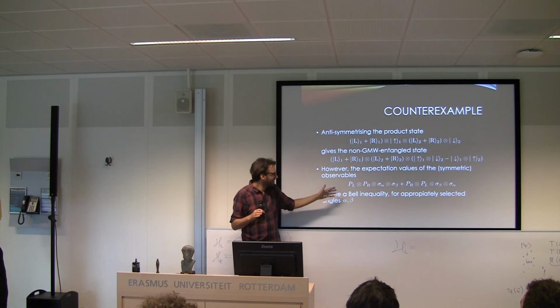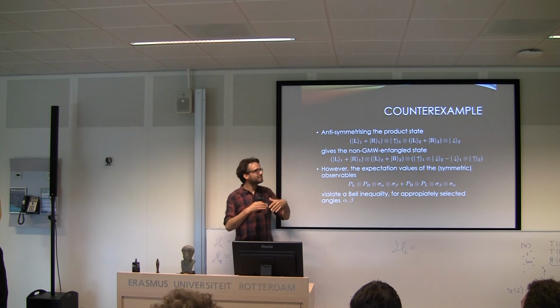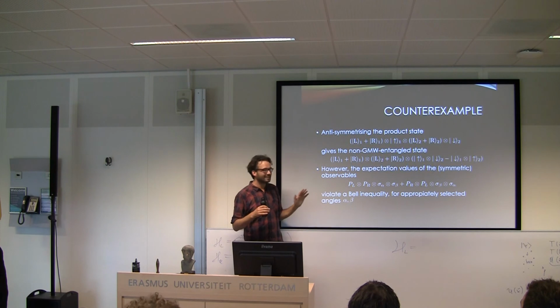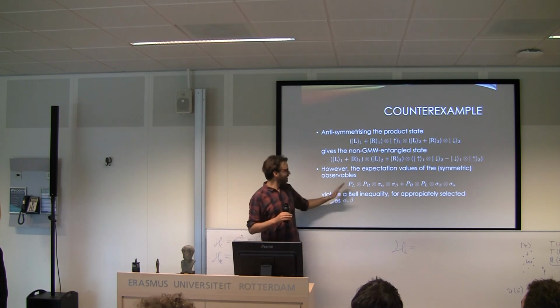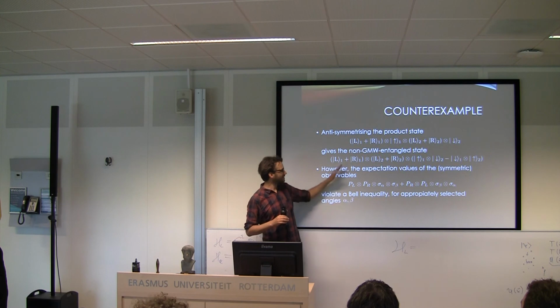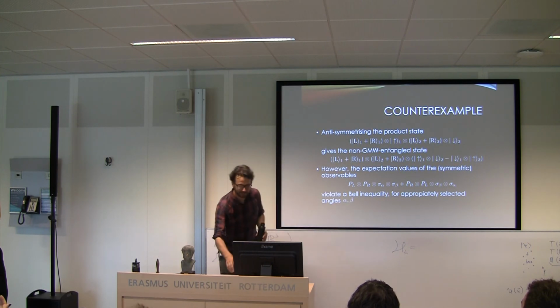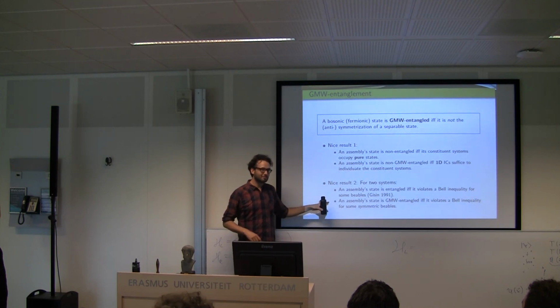But I mean, that's just one way of doing it. So this kind of suggests that you need to post-select or something, but I don't really want to put much weight on that, because it's really just this observable whose statistics violate the Bell inequality with this state. And I think, okay, it's a contradiction. So I think this is not only uninteresting, I think it is wrong.